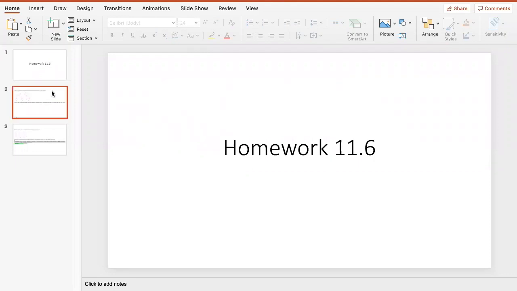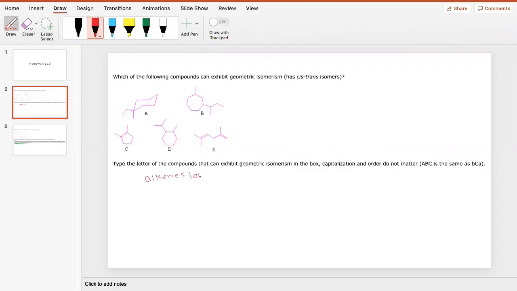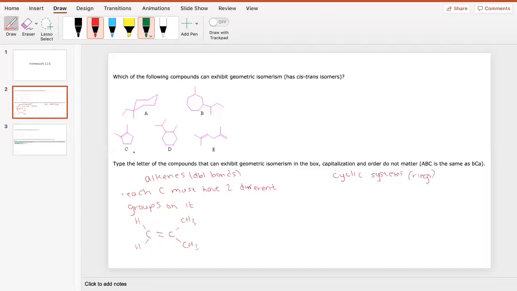Homework question 11.6 asks us which of the following compounds can exhibit geometric isomerism. There are two main types of geometric isomers that we can think about: alkenes, which have double bonds, and cyclic systems. So for alkenes, each carbon must have two different groups on it. For instance, if we consider this alkene, this can't have geometric isomerism, and that's because what we're mainly looking for